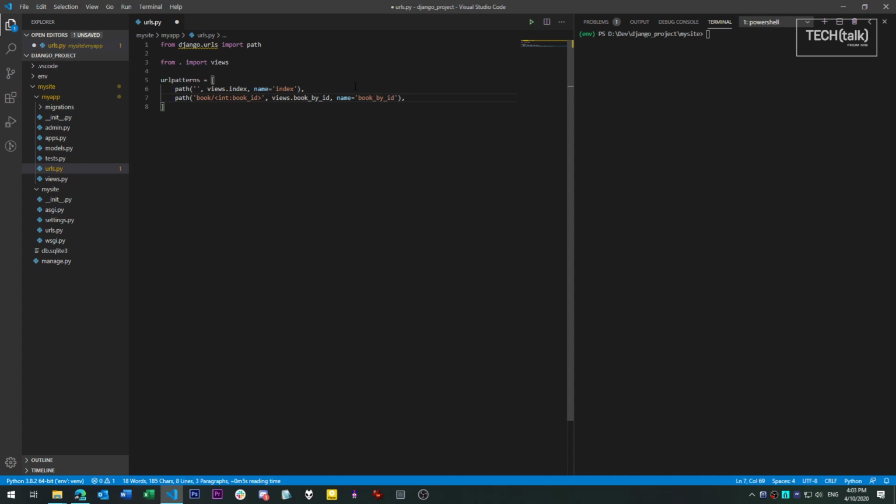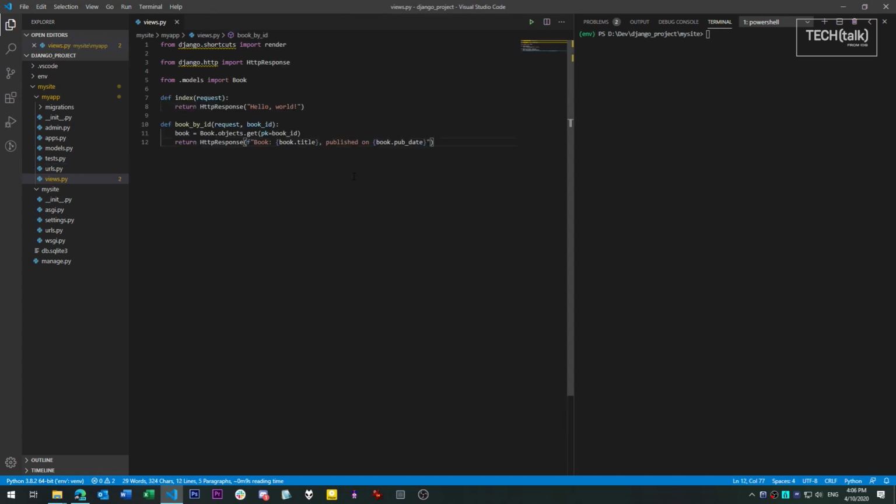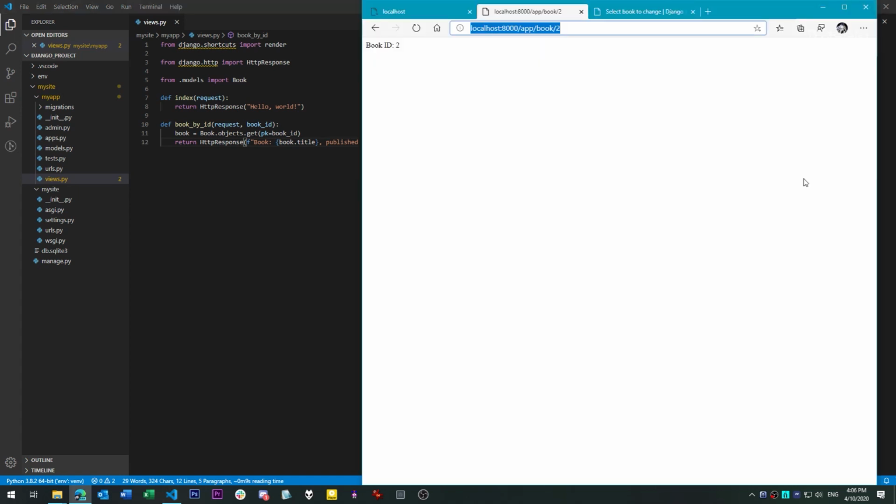You'll notice that the URL mapping we're creating for this looks different. An item in brackets is essentially a variable retrieved from that part of the URL. The int means what we retrieve should be interpreted as an integer and not as a string. By default, variables returned from a URL portion are strings. Each variable we harvest from the URL gets passed along to the function associated with it, in this case, book_id. We then use the book object we created in models to look up the book by way of that ID, and then use that to return data about it back to the user.